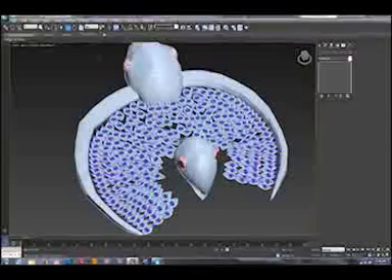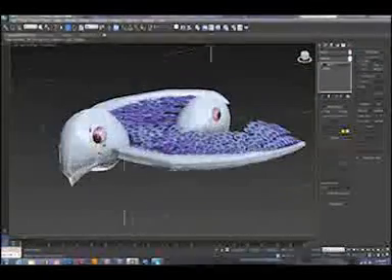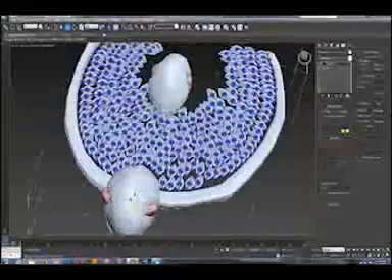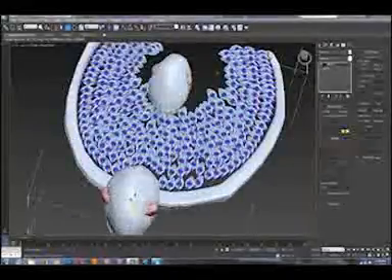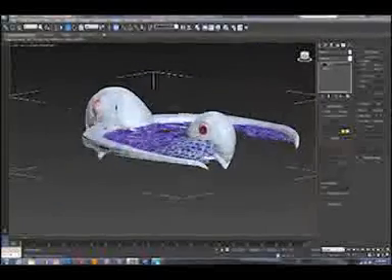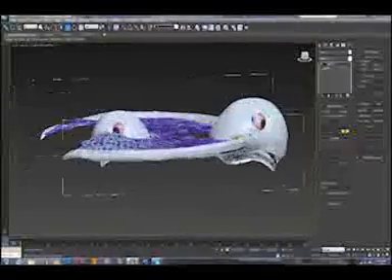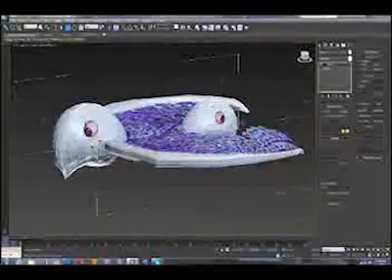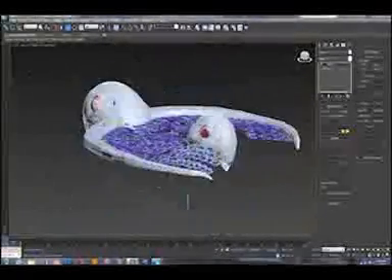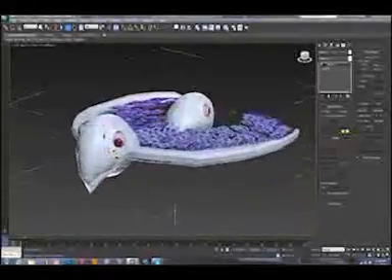So the feathers and the eyes are not attached because if we try to attach them, it'll take the skin that I already did for the feathers and put it onto the heads. Now, there is something we can do later on to actually attach the feathers. But for now,